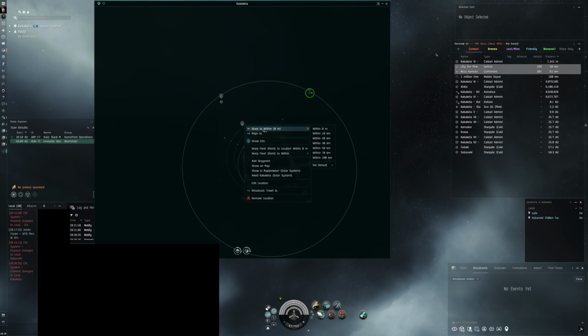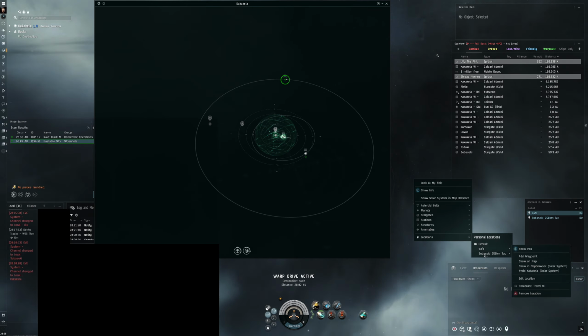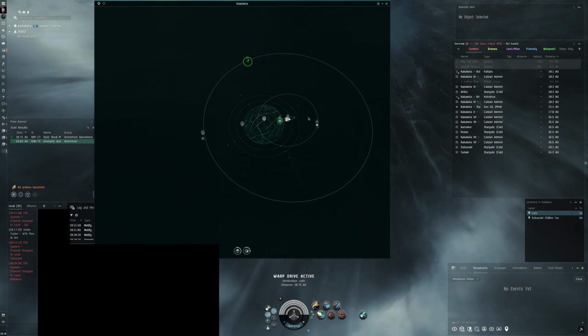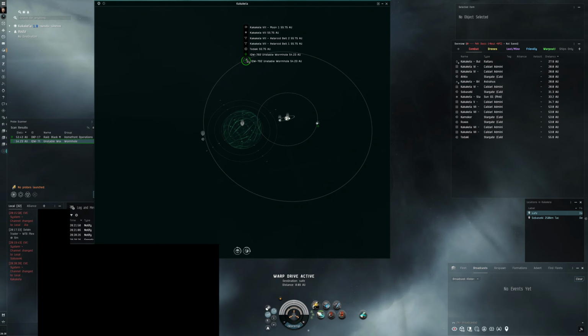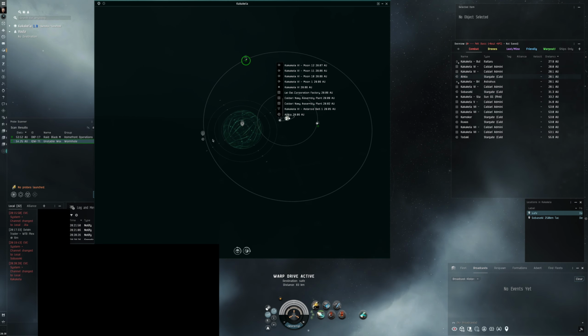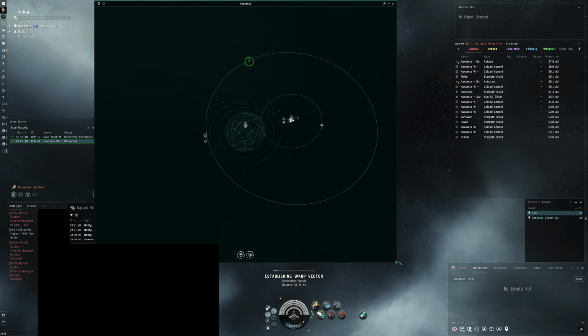So if I warp back to this safe right now, again, I can right click on here, or I can go down to locations here to warp to it. So if I'm at this safe now, and now I warp to something else at an oblique angle. So instead of going directly from something to something, so in this case gate to gate or gate to structure, if I warp over in this direction now, towards this Todeki gate,